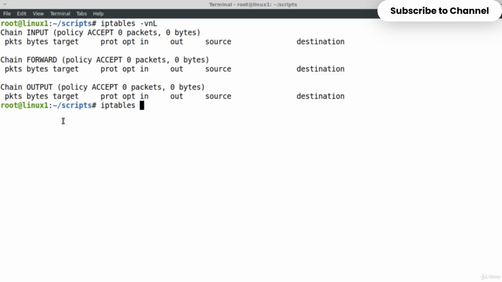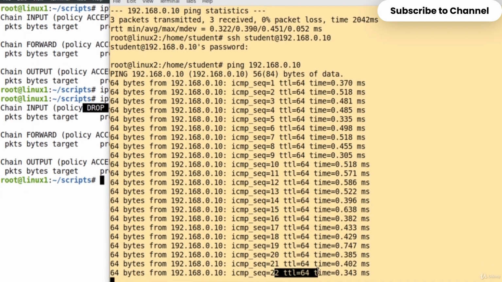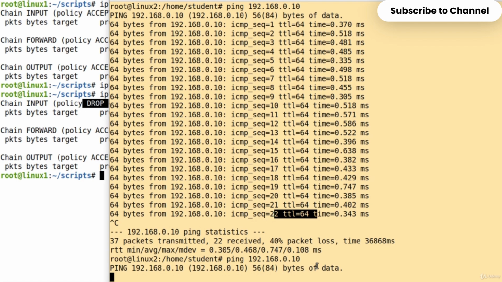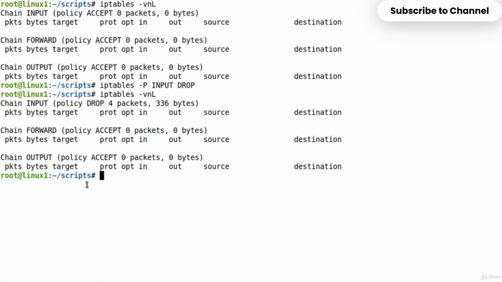iptables -P, an uppercase P, INPUT DROP. This is how we set the policy. We see that the policy is dropped, and it has already dropped some packets. Ping has stopped. It doesn't work anymore. Setting the drop policy on input chain without any rule that accepts traffic is like I've logically disconnected the host